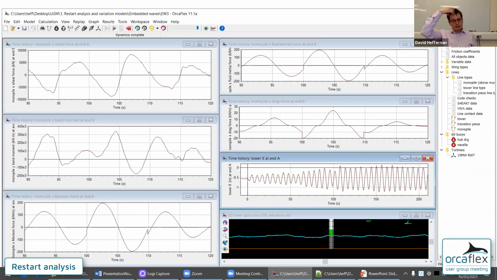It's been a huge job for us to add this new feature, restarts. We're very excited about it, and we hope that it's very useful for others. But it has been a big job, and it's touched every aspect of the code base. It's one of the biggest and hardest developments we've ever done.